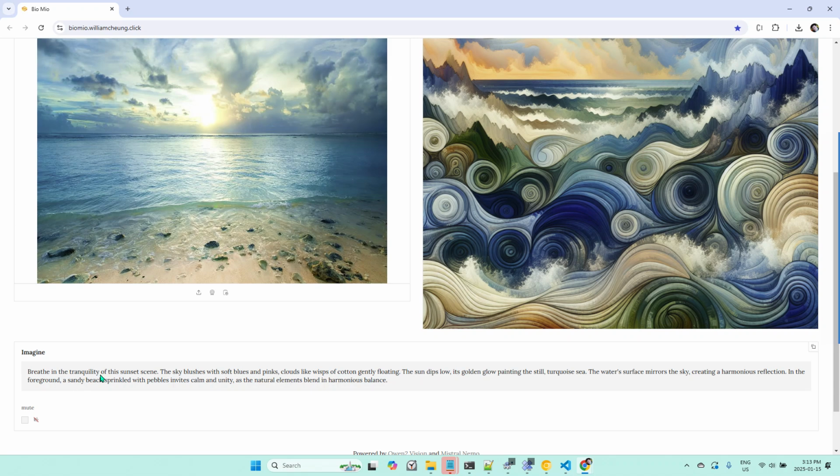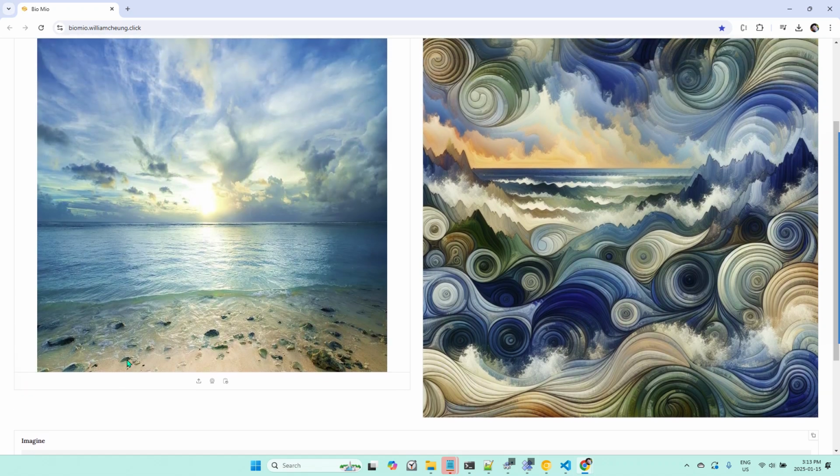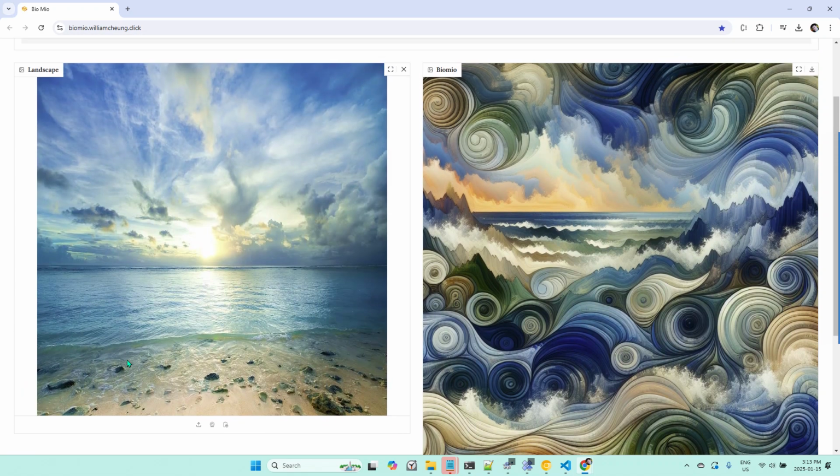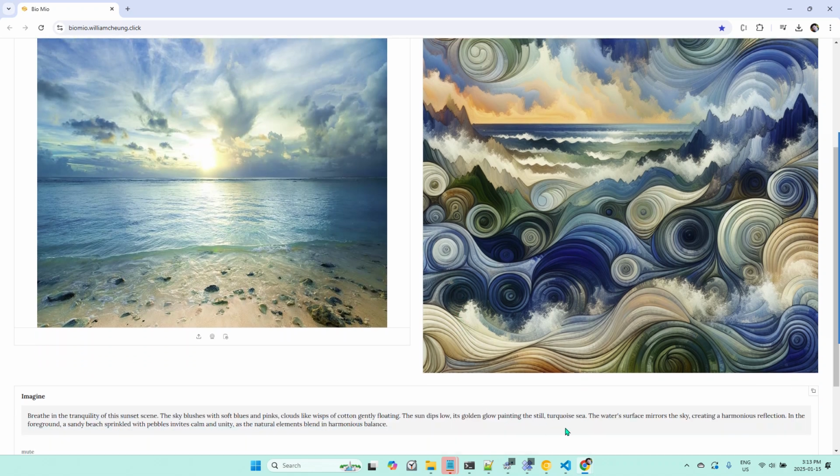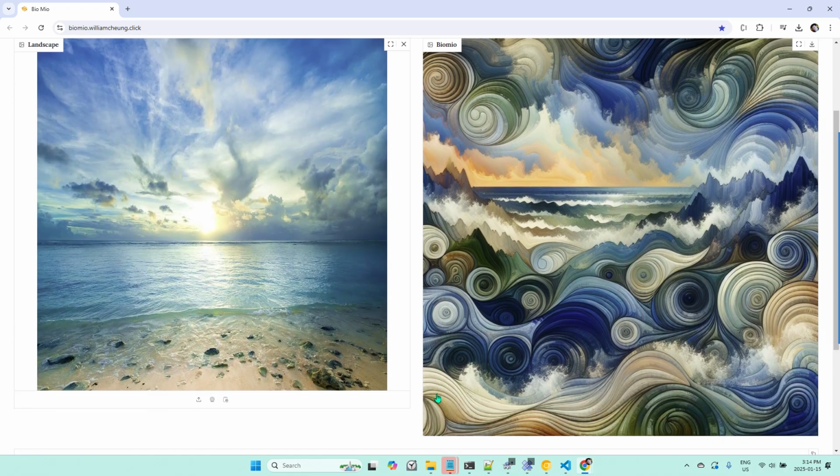Breathe in the tranquility of this sunset sea. The sky blushes with soft blues and pinks, clouds like wisps of cotton gently floating. The sun dips low, its golden glow painting the still, turquoise sea. The water's surface mirrors the sky, creating a harmonious reflection. In the foreground, a sandy beach sprinkled with pebbles invites calm and unity, as the natural elements blend in harmonious